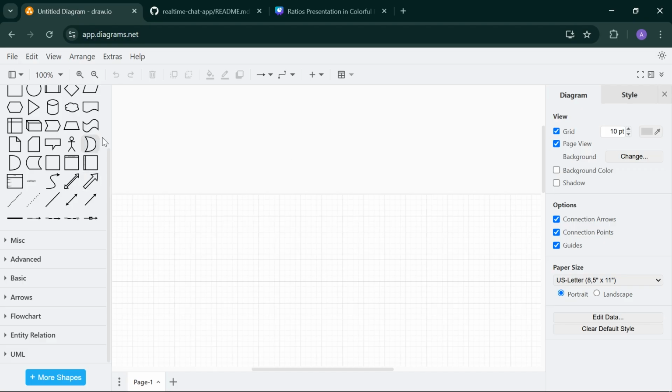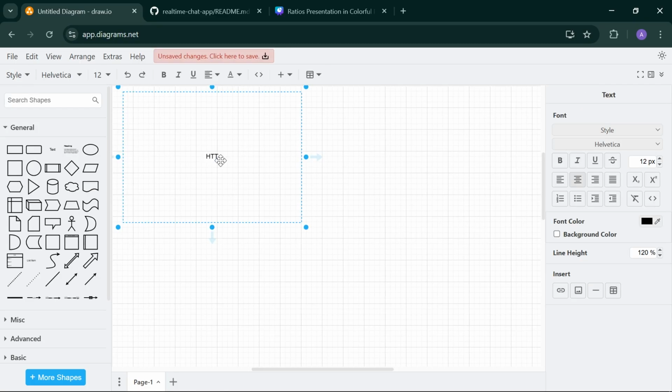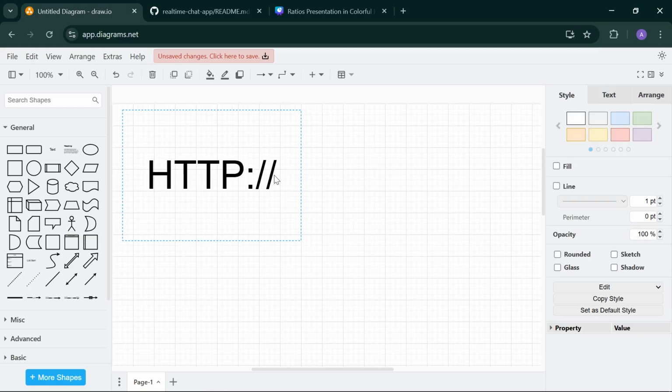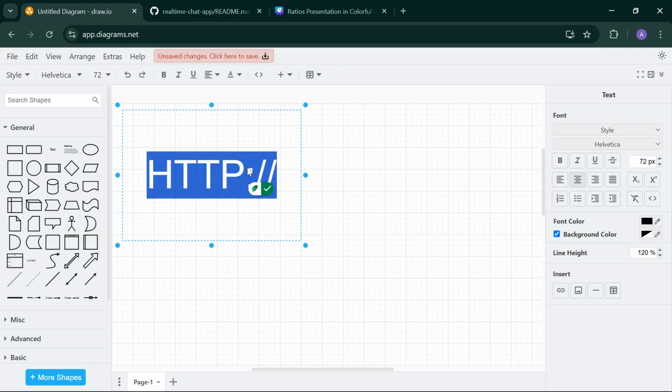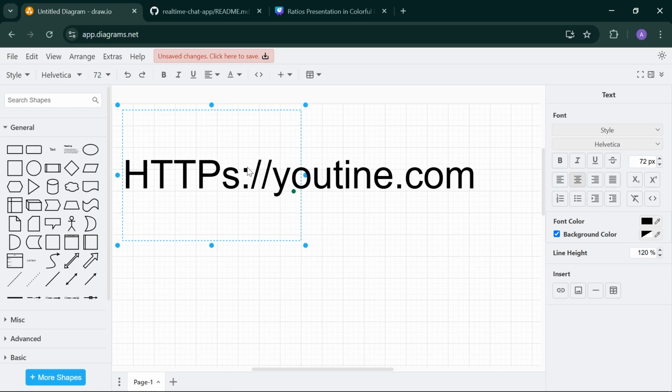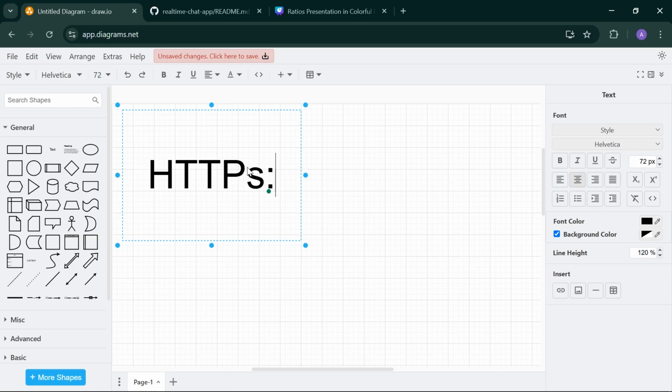So instead of having a situation, let me show you what I mean. Instead of the normal HTTP, whenever we want to make requests on the web, we normally use HTTP. If it is secure, then we'll have HTTPS. Then we do colon slash slash, let's say YouTube or whatever. This is the way we make requests. So if we want to make requests to YouTube, we'll have to use HTTP